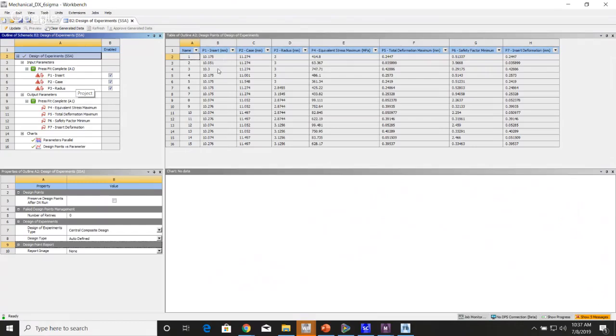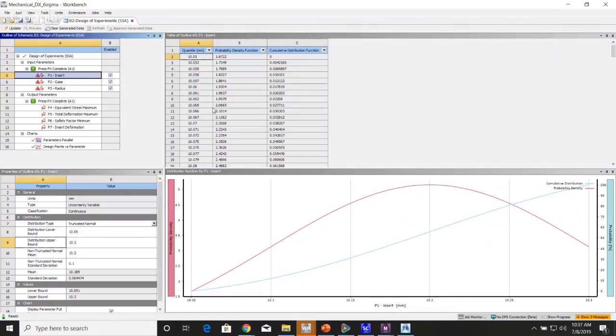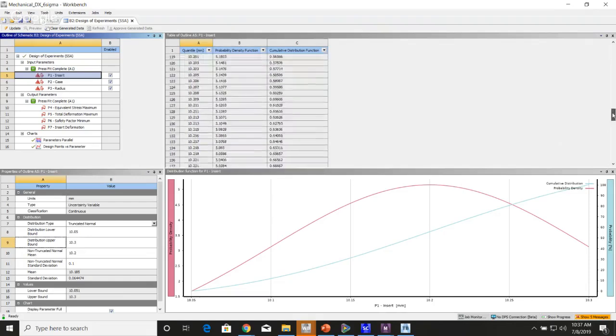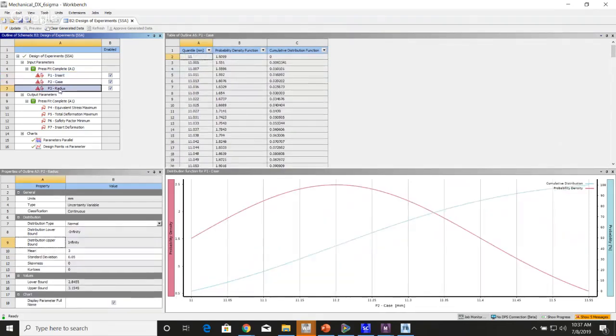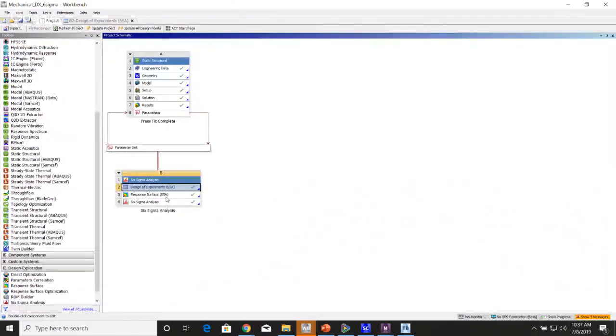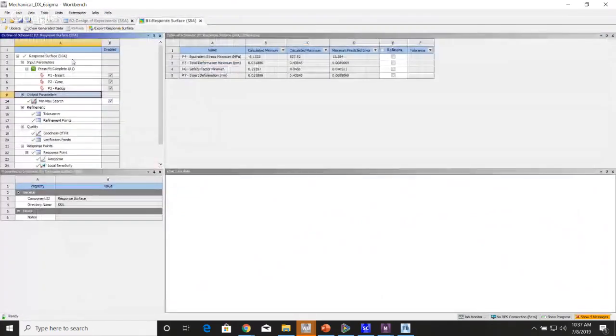Right, so these are the simulation cases it ran. So it ran a total of 15 simulations. It generated a response surface, and from that response surface, it can calculate for each point what the probabilities are. And these are the probabilities that we've assigned the buckets for each of the input parameters. And from that, it'll calculate the probabilities for the output parameters. So let's take a look at our